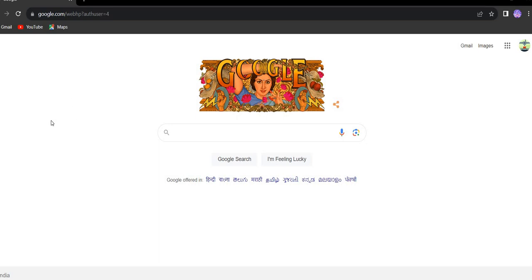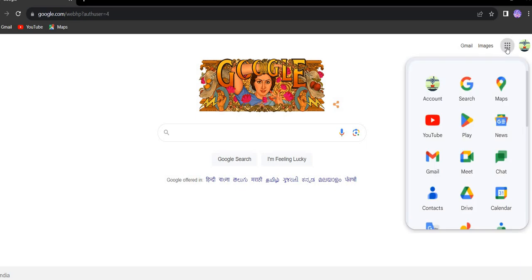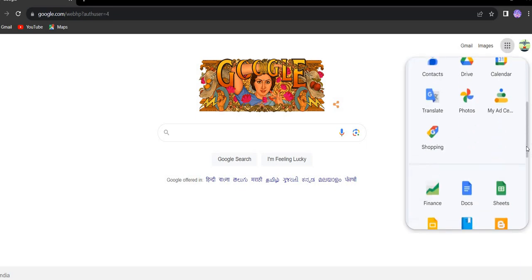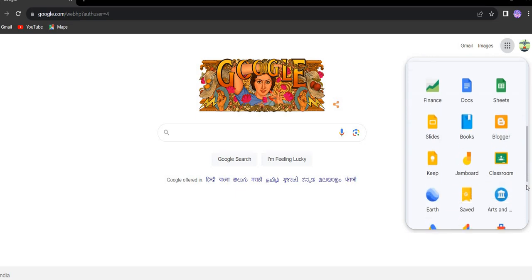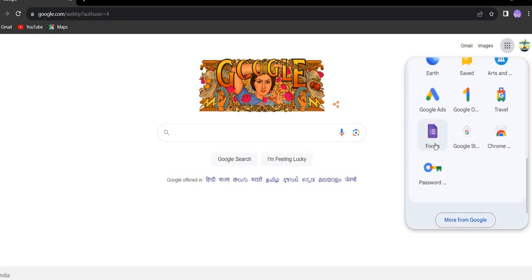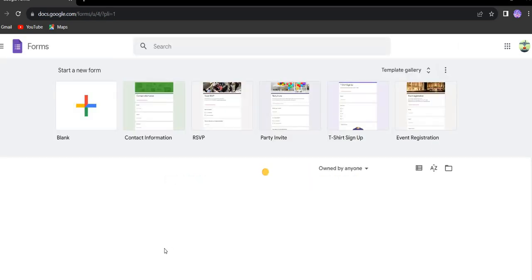So quickly getting started. Once you're logged in to your Gmail account, you can click on these six dots. Here you will find an option for Google Forms. You need to scroll down a little bit. Once you click on this, you will have some ready-made forms, or Google has already provided some